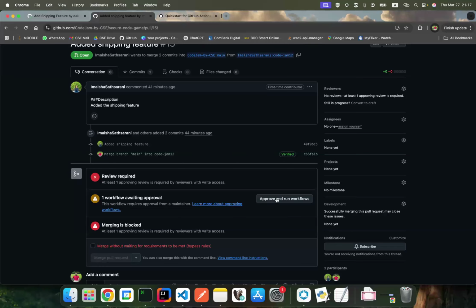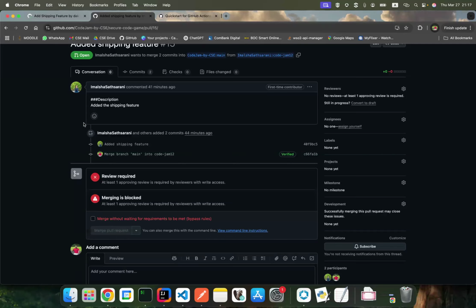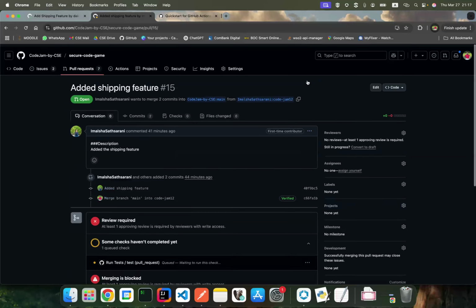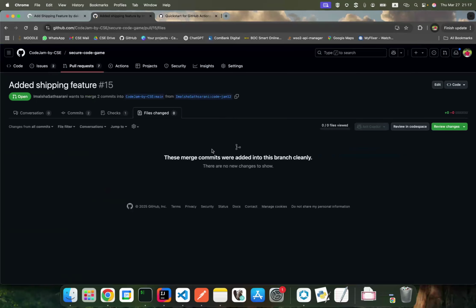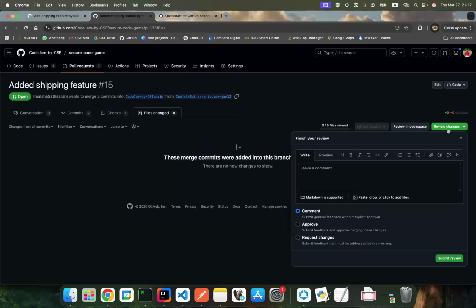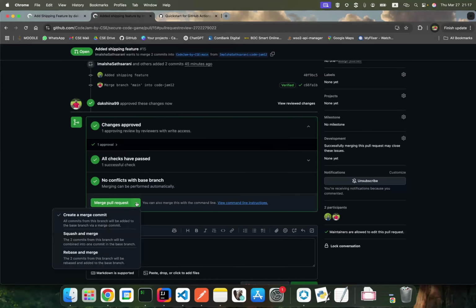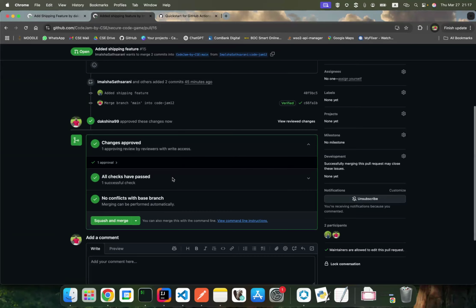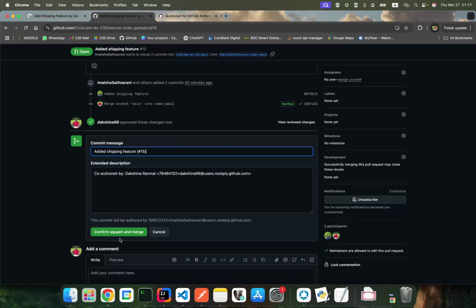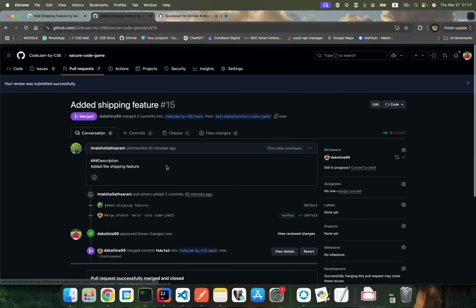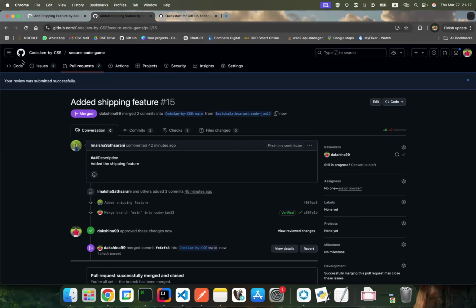we ask it to run the workflow as well. At that point we can go to the file changes, and now you can't see any file changes here because the same change is already merged from my PR. Now all tests pass, and now I can squash and merge this change. From that point I can edit the commit message as well. Now this PR is also merged.